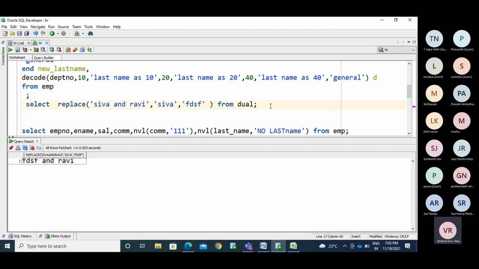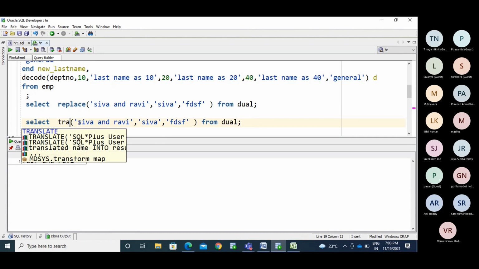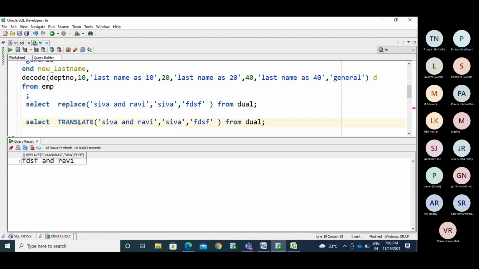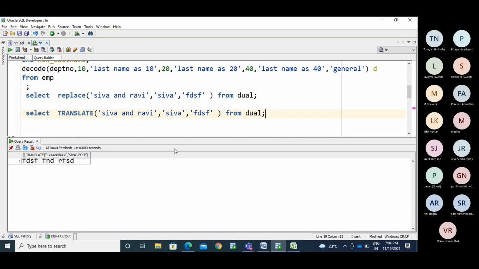Now we'll see about translate. Translate of Shiva and Ravi, make it like FDS. See here. So what is happening here?